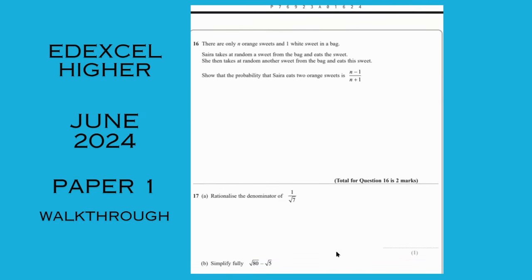Number 16. A weird question. These are one of those ones where it's, think of it as probability trees without drawing all the probabilities. We only want top. So if you go along the top in this situation, the probability of getting an orange multiplied by a second orange is going to be, well, probability of a success is n, and a probability of a success on the second one, n minus 1,